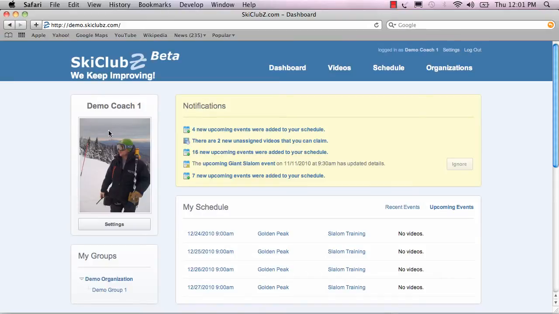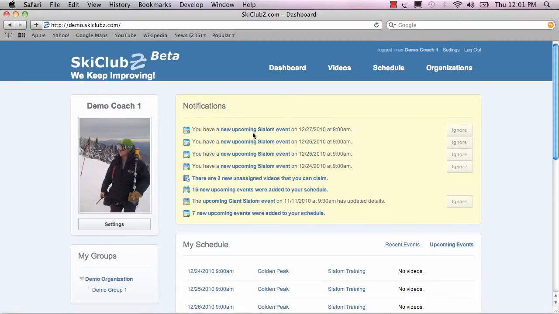On the left-hand side, you have your picture, and there's a link to your settings where you get to change your username, password, email account, and also you get to choose your notification settings. Notifications are basically us telling you that there is something new on the site. So 4 new upcoming events were added to your schedule, and you can see the details. You have a new upcoming slalom event,